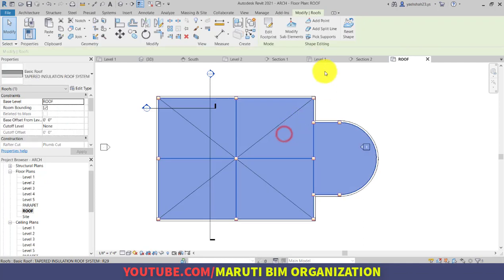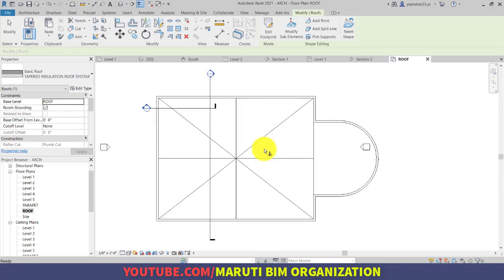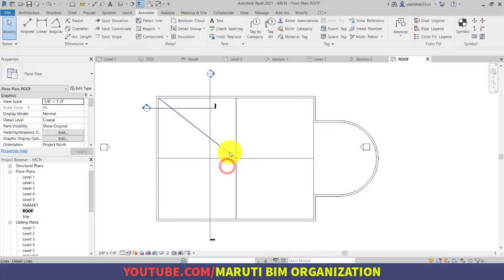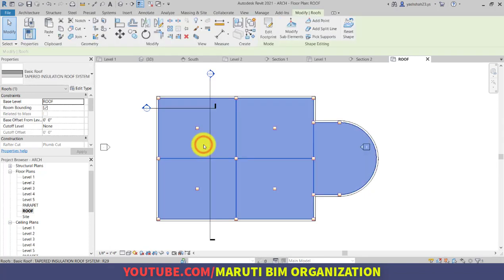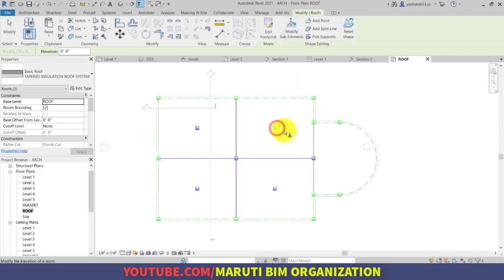So select the roof and click on add point, and click on the midpoint of all the detail lines. And now double escape, remove all the detail lines, select the roof. Notice that it shows all the properties. Okay, and in that we want to use modify sub element, and click on this and change, let's say, -4 inches.